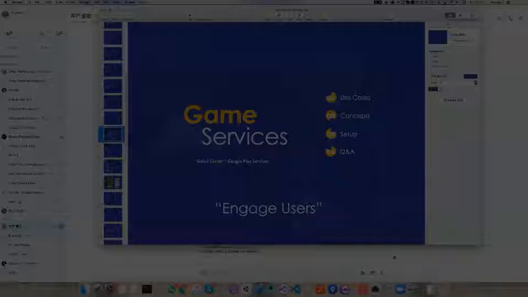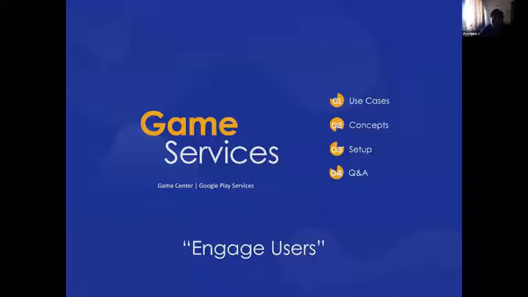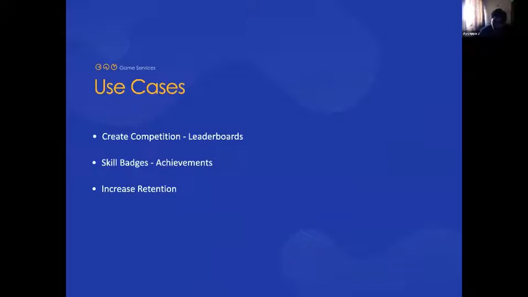So yeah, next part is game services. Game services usually cover leaderboards and achievements. This will help in engaging the users well. Here are some use cases for game services. You can create a competition.